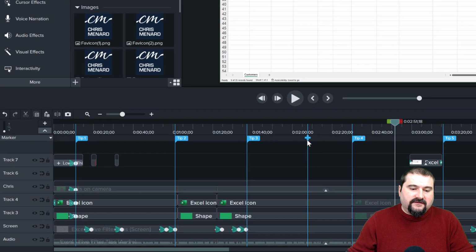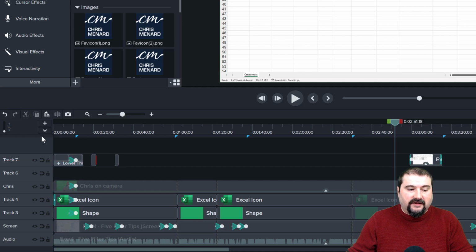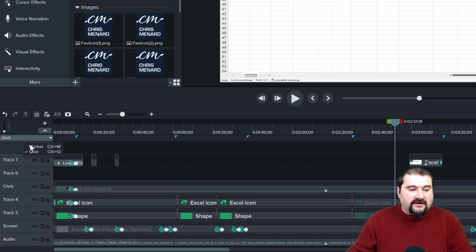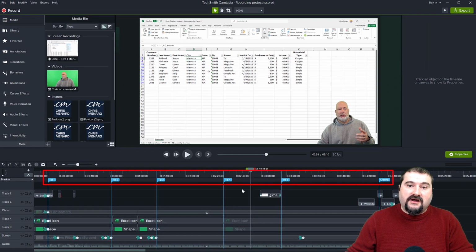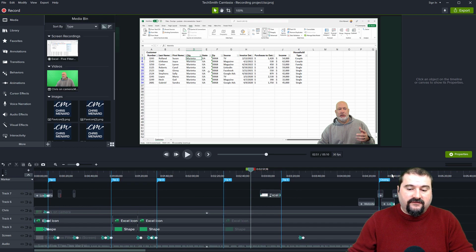You can add a marker using this plus sign here on this toolbar at the top of the timeline. If you don't see this word marker here, you may see quiz by default. Switch this to marker, and then you can add markers to your timeline. I just switched it off, by the way. So you can activate this toolbar here, select markers, and then you can add markers throughout your projects. So you can see now I have 1, 2, 3, 4, 5 tips, and then there's the closing, and I've got an introduction. So in this video, I want to show how the time passes in these sections, in these tips, how long until the next tip.